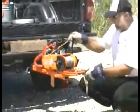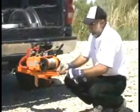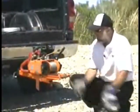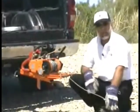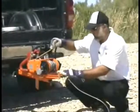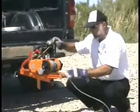Take the brake completely off on the Lewis winch. I start unspooling the cable. Unhook the clutch here first. You'll see that it's fairly easy to get a bird's nest like that, or a rat's nest as some people call it. Now, if you put some brake on with a bungee cord,